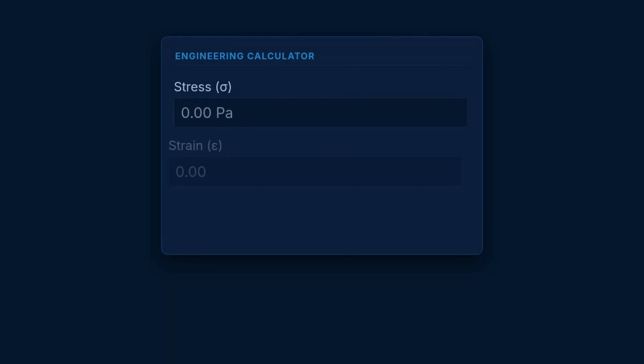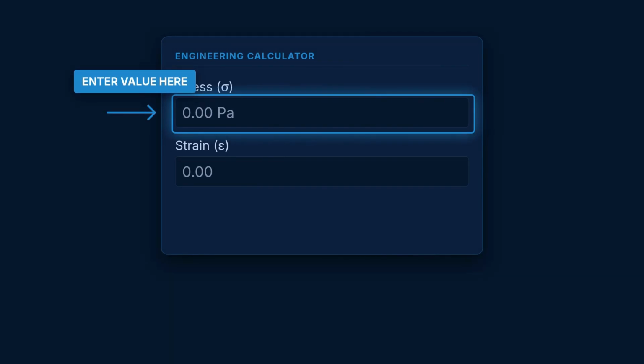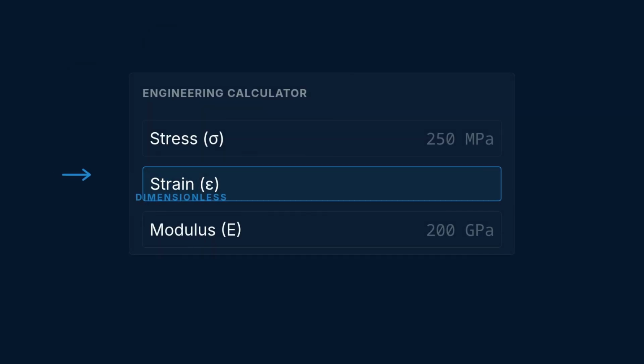When using stress and strain mode, you'll enter two values. First, stress in pascals or PSI. Enter your stress value. Second, strain as a dimensionless value. Enter your strain value. If you switch to force and geometry mode, you'll need four inputs: applied force, F, in